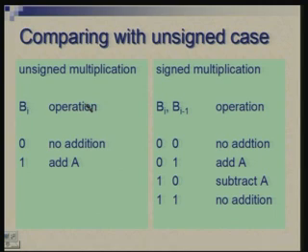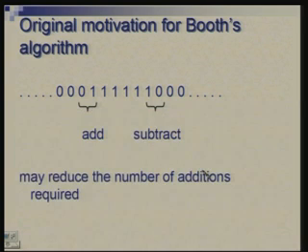Let me go back to this one. See, when both are 0 or both are 1, there is nothing required. When you are going from 1 to 0, there is an addition. When you are going from 0 to 1, there is a subtraction. So, let us say this is part of the word comprising b, and you are scanning the bits from LSB to MSB. When you have a run of zeros, there is nothing required. When you have a change from 0 to 1, you perform subtraction, and when you have a change from 1 to 0, you perform addition.